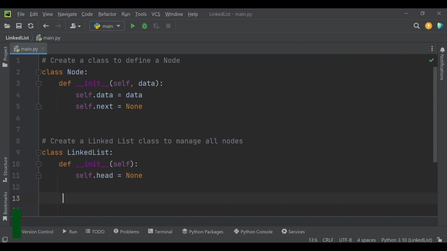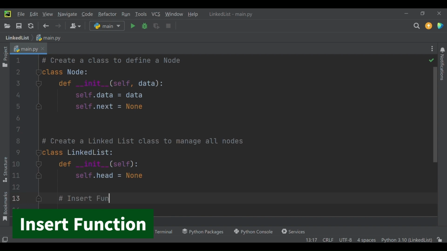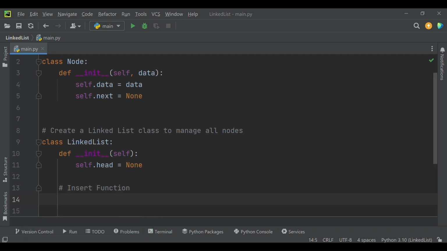And initially, since the list will be empty, head will be set to None. Okay, now to insert a node, we will have an insert function. Inside the same class, we will type def insert, and this is a function that will accept data as a parameter.